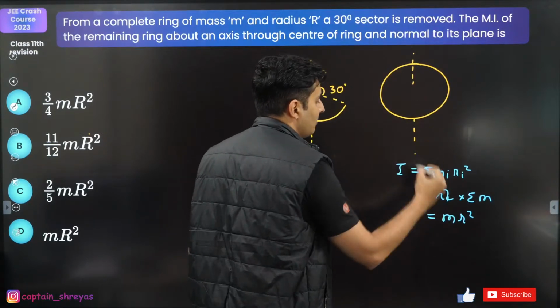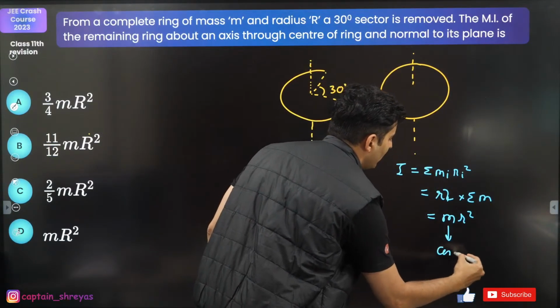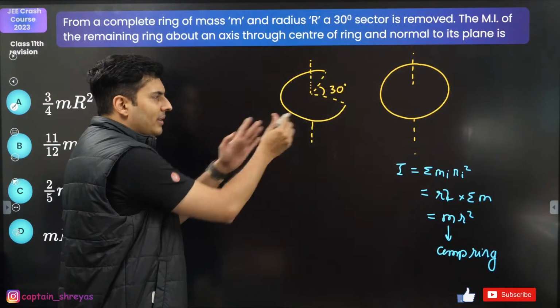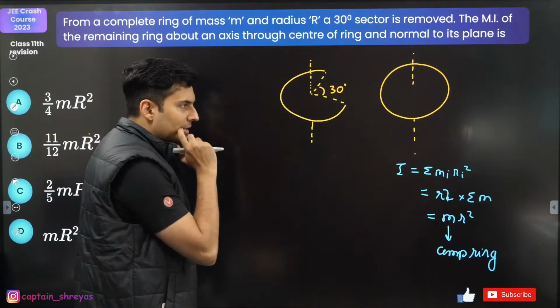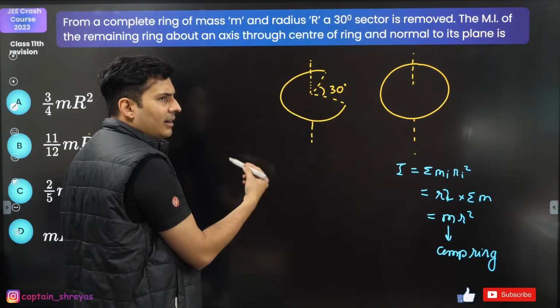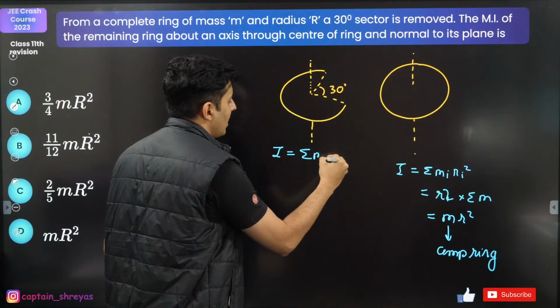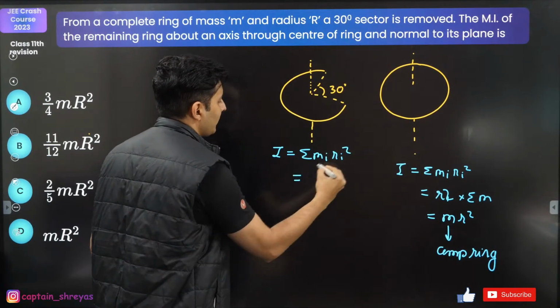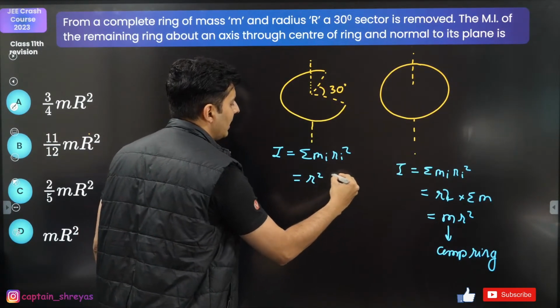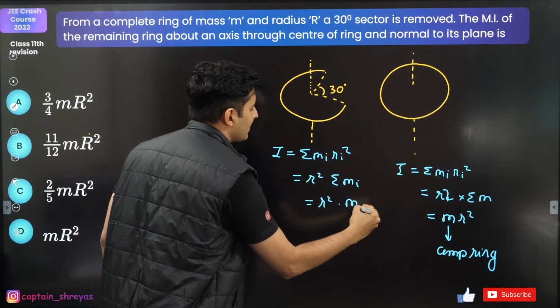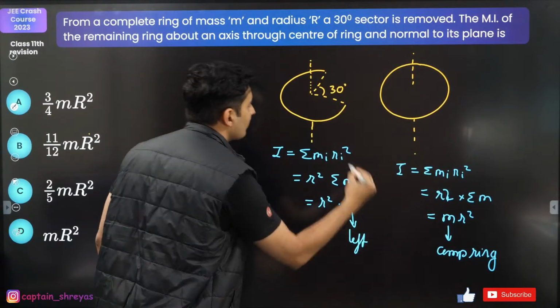This m is the mass of the complete ring. Now look at this, where a part of the ring is missing. Still all the masses are at the same distance r. So when I use I is equal to sigma mi ri square, r is same, so r square can be taken out, sigma mi. So it will become still r square into mass of whatever is left,